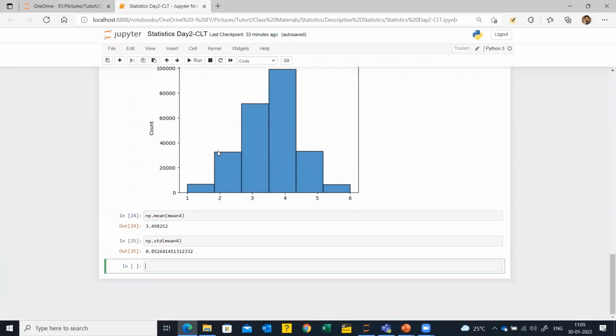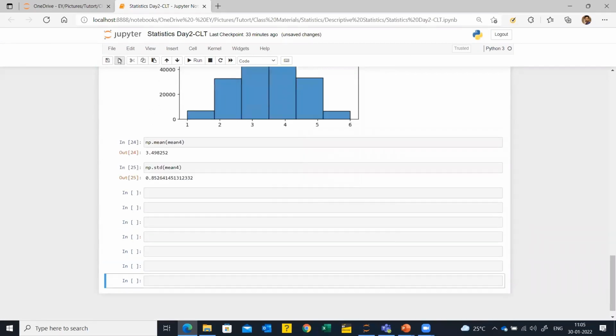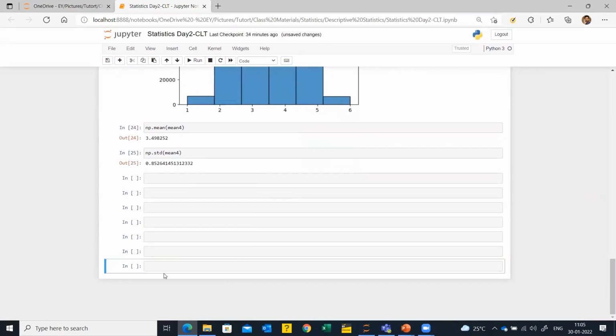How can we start with a bimodal data? Let's create 2 more variables. Okay, so follow along with me. Before this, if you have any question, do let me know. Even if you have not understood anything, do let me know. If you're not able to follow along, do let me know.